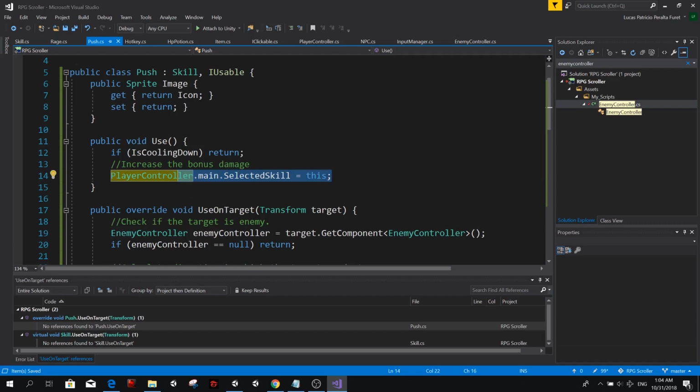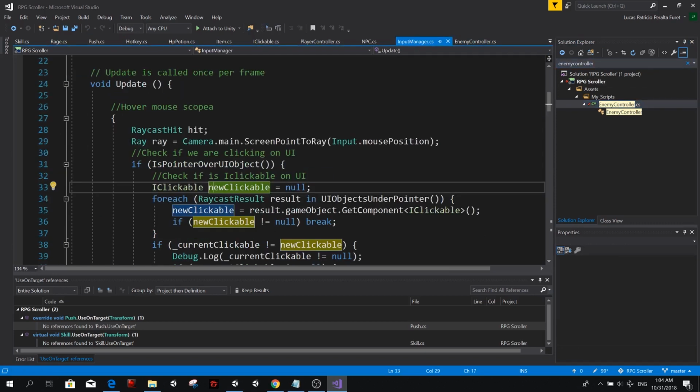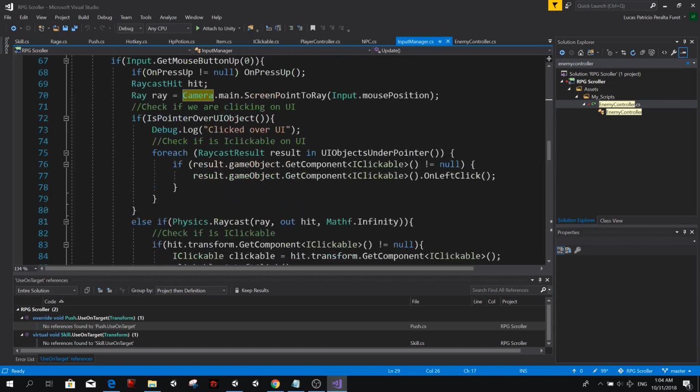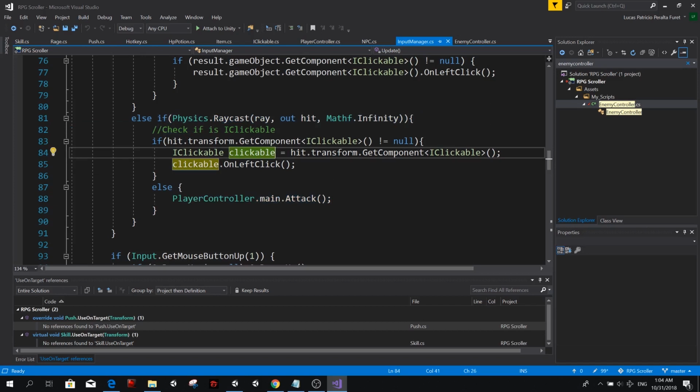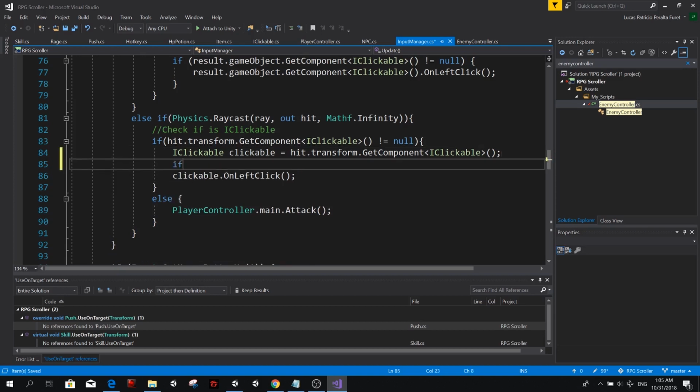Now when we use the skill, we're going to prepare it to be used on click. So if it's on click, we should go to the input manager, which is here. And here on get mouse button up, if you remember, is where we have the attack. Here's where we check if we're clicking on an IClickable or not. So right here, we're going to check if the player has a selected skill or not. So if we have a selected skill, if player controller.main.selected skill is not null,